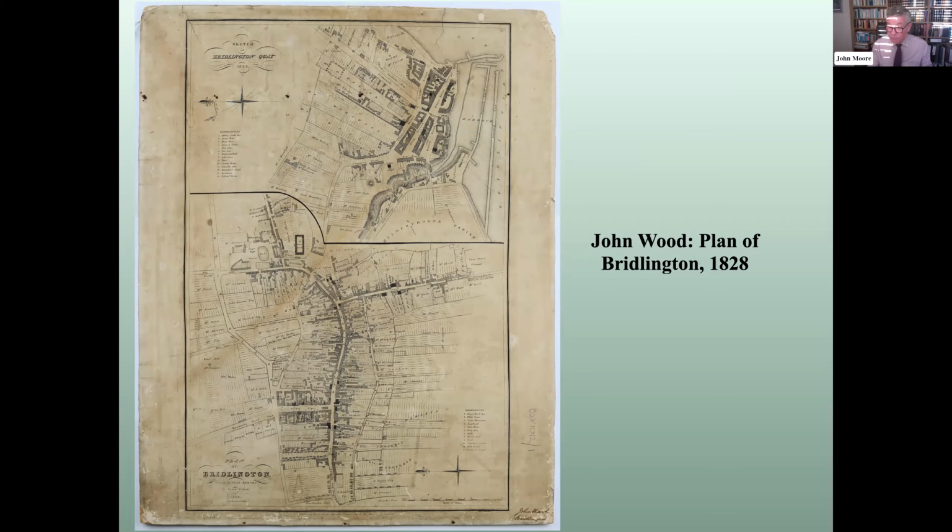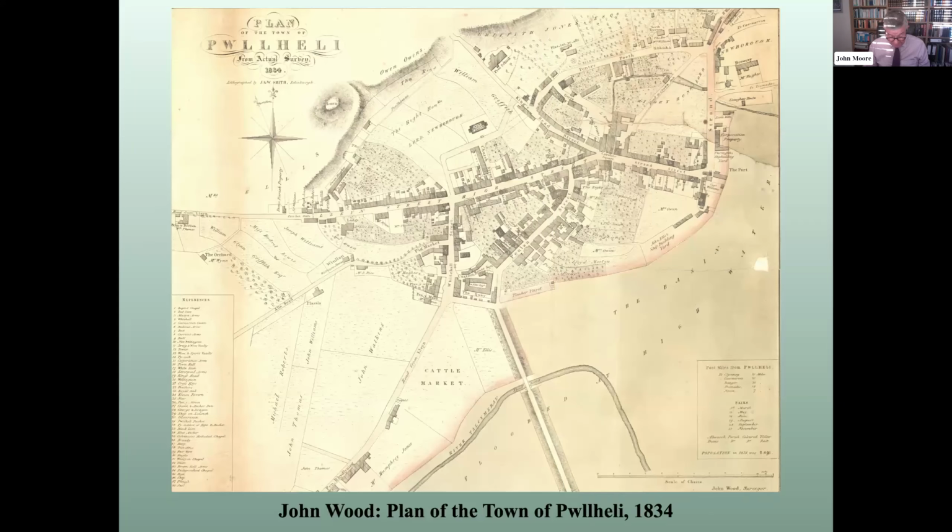This example of Wood's plan of Kelly is held in the Gwynedd Archives at Caernarfon, and of the 16 plans covering the Principality, only 5 originals are held in the National Library of Wales. Of the others, 3 are held in the Post Office Museum Archive and 1 in the National Archives at Kew.